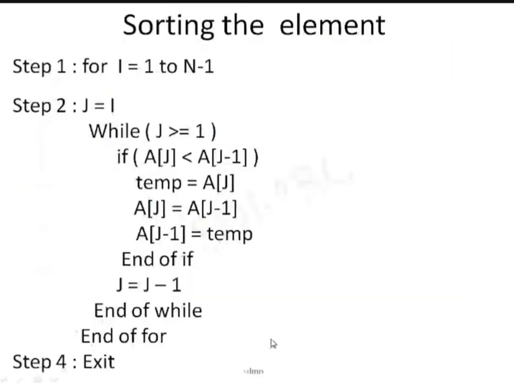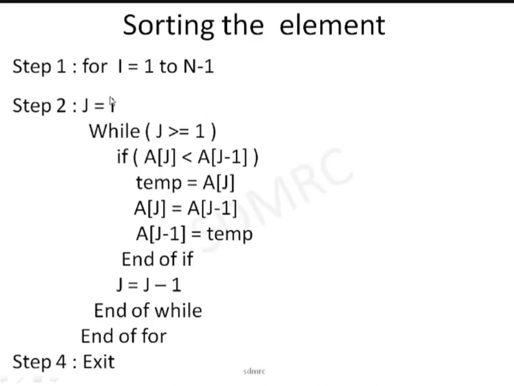That's why I wrote this algorithm according to the animation. I've written the algorithm. So I need to fix the value of i. It starts from 1, it can go up to n minus 1. In the previous case, there were 4 elements, so the valid value for i is from 1 to 3. It cannot go beyond that. And whenever you have the value for i, j gets the same value. j is equal to i. It's not equal to 1.